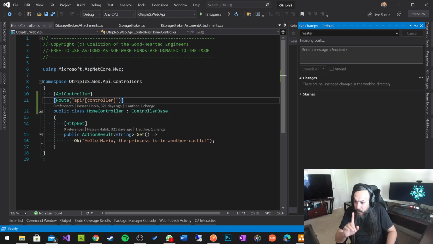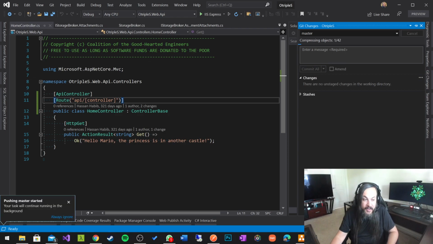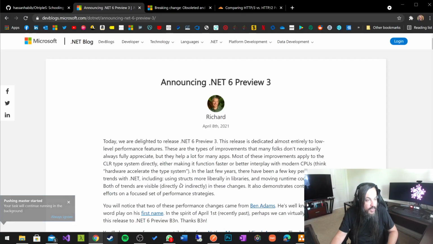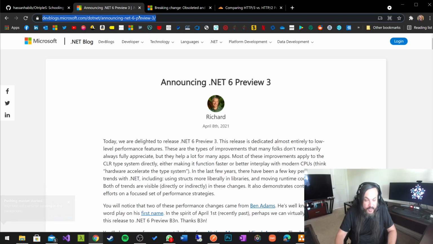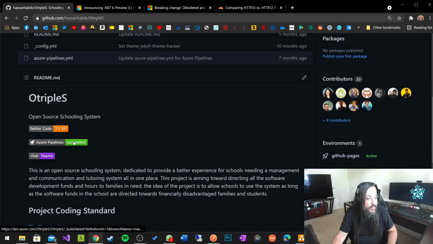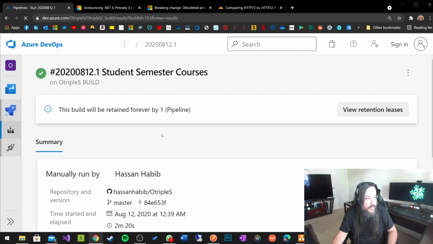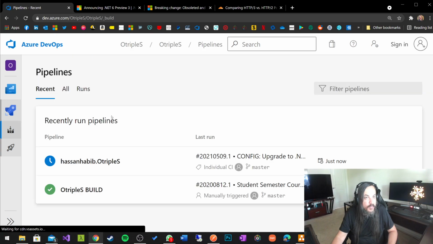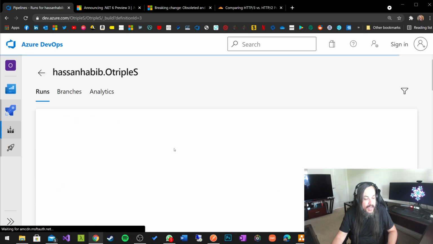And there's one more thing that we have to do. We're not done yet. Now you upgraded this, we need to fix our pipelines, right? So we need to go and observe and see how our pipelines are going to react to this. So we have our pipelines in here. All right, and let's see our pipelines. Here's OtripleS. Here's the upgrade to .NET 6. I expect this guy to blow up,